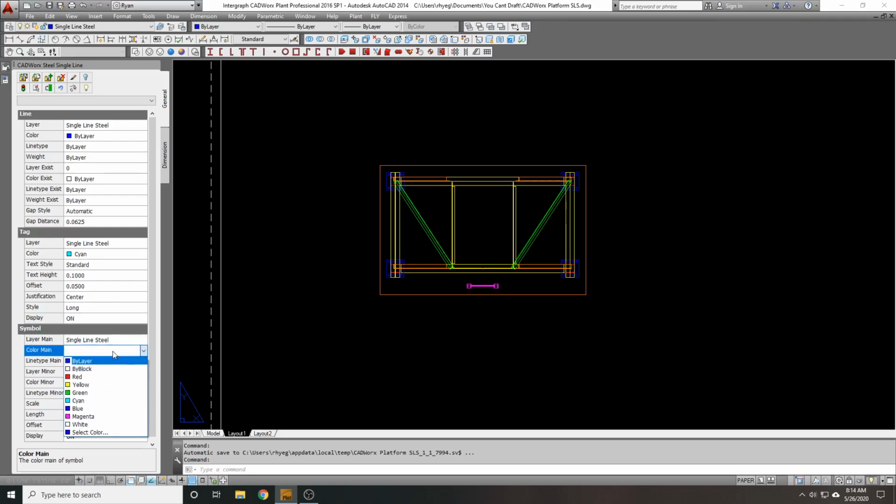I'm going to have the color set to white for my main layer, and then I'm going to have it set to,